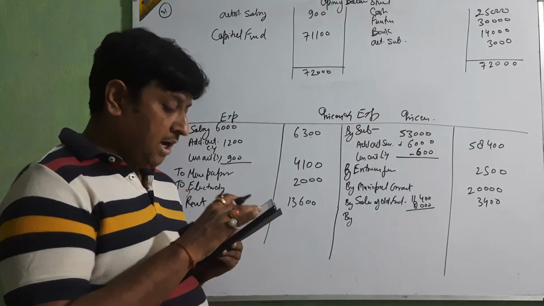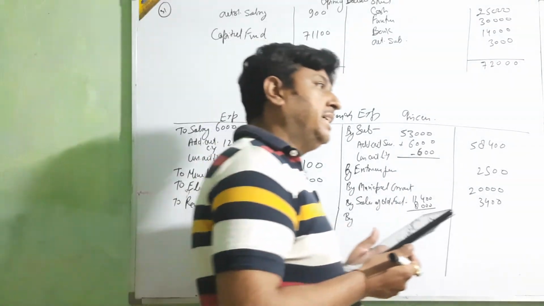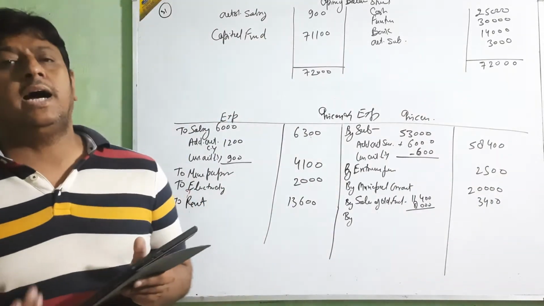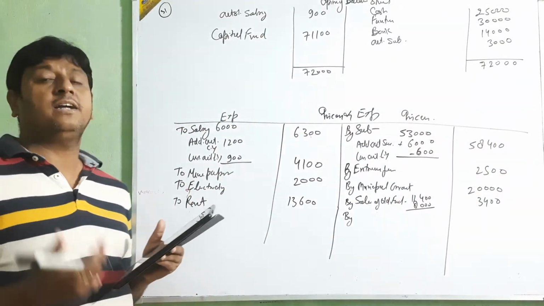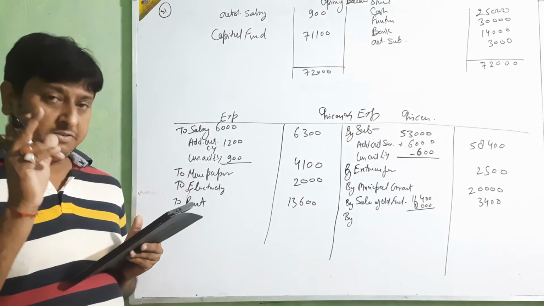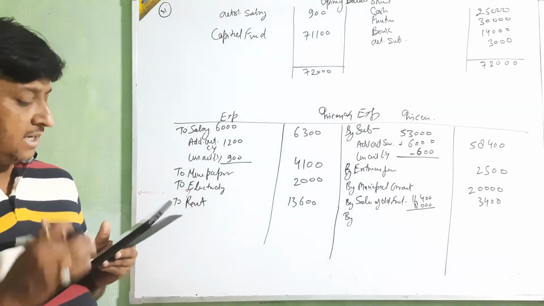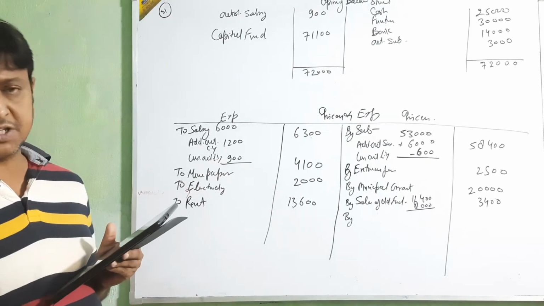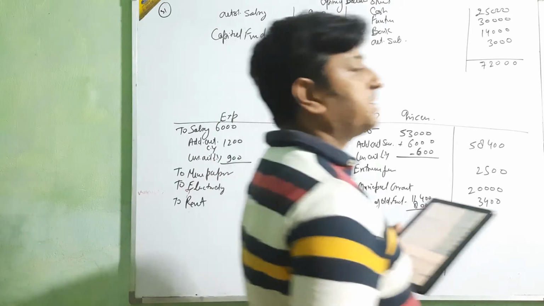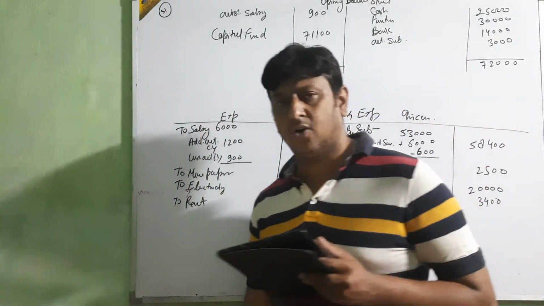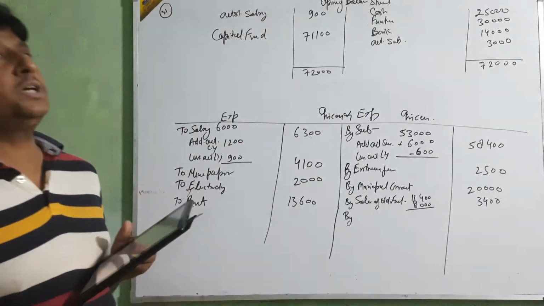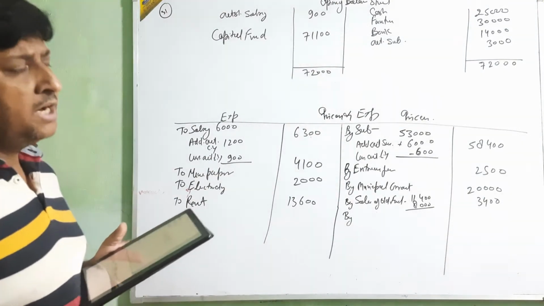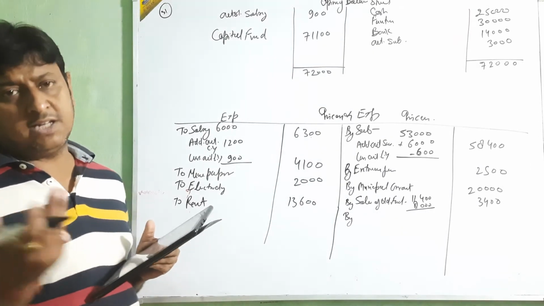But see, I am always saying, if any deposit, any fund, any bank deposit, any type of loan is given, and an investment is given and the rate of interest is given, then sure and certainly you are going to charge the interest. Just see, fixed deposit 9% per annum, 40,000. So just calculate 9% of 40,000, 3,600. But from 1/1/2017, it means Jan, Feb and March, only 3 months.